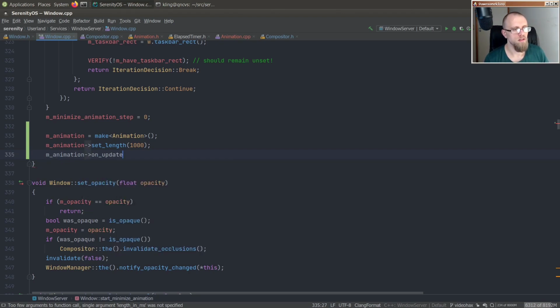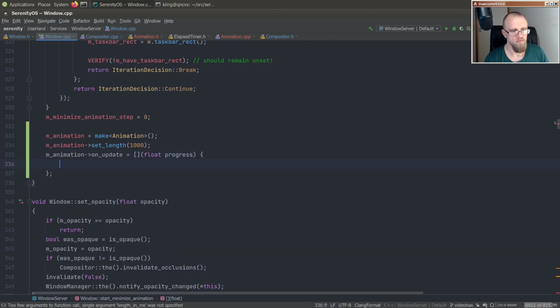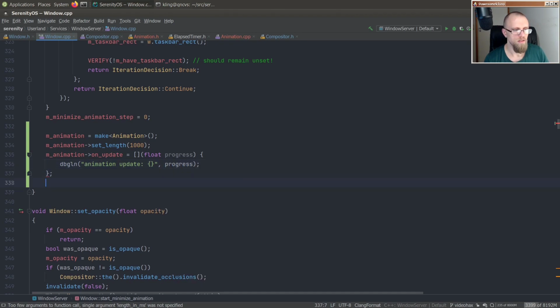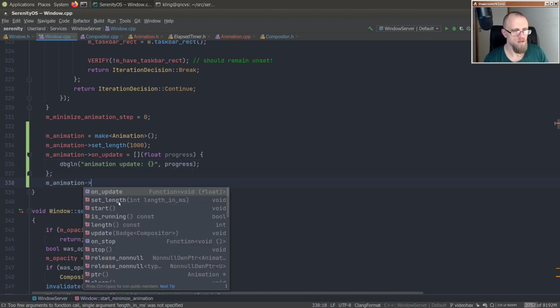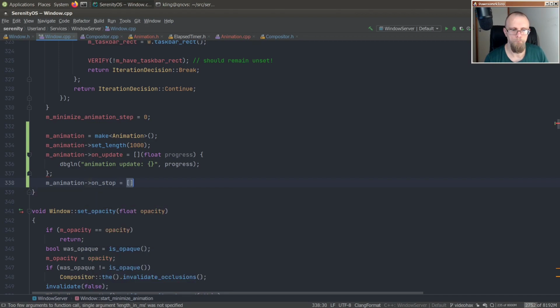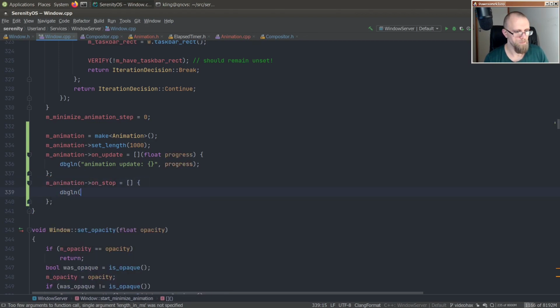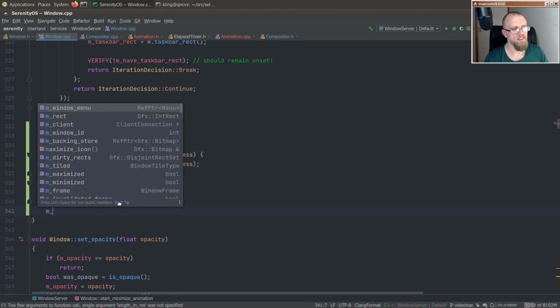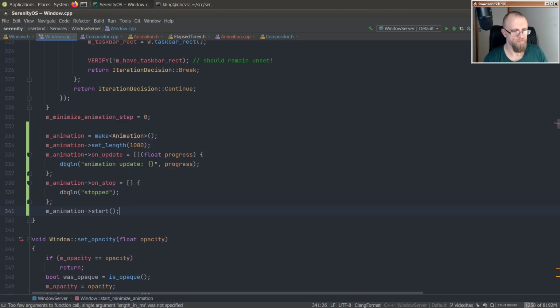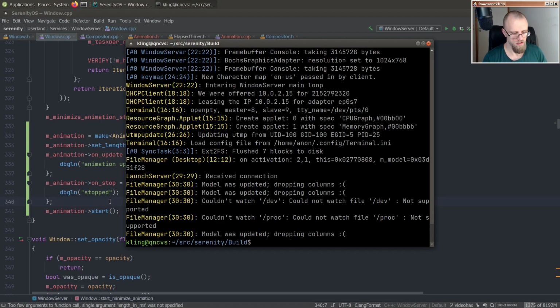And on update, let's just print out like animation update with the progress. Animation on stop. Stopped. And then we'll finally start it. Okay. Let's see how that goes if we just try to